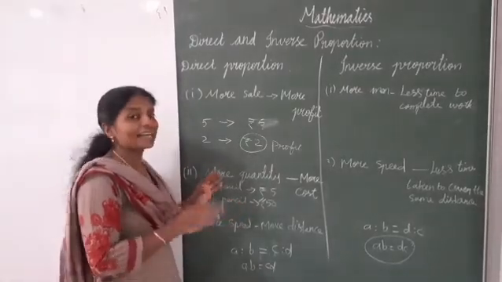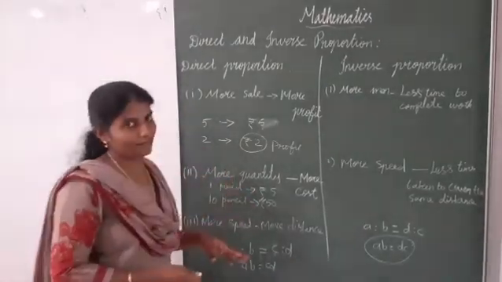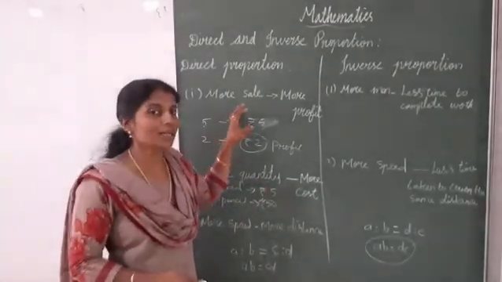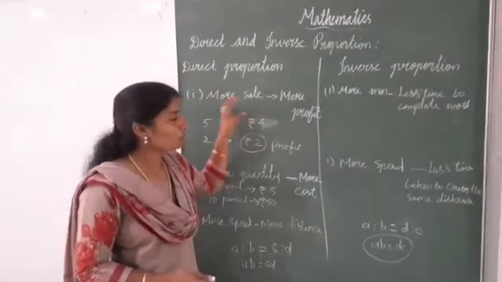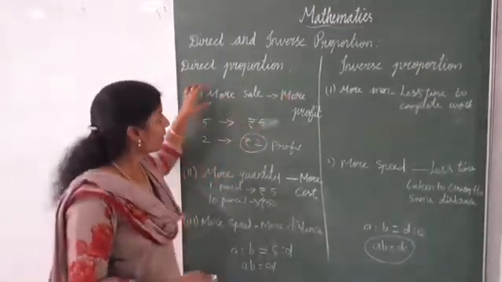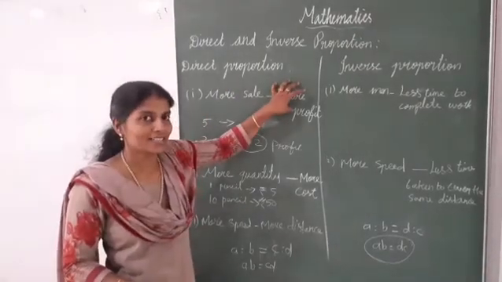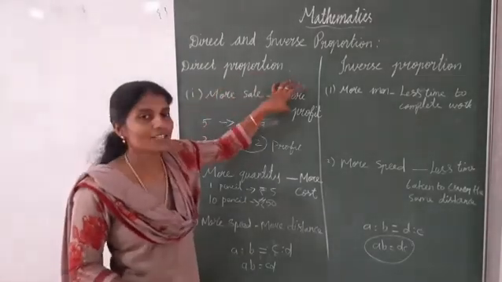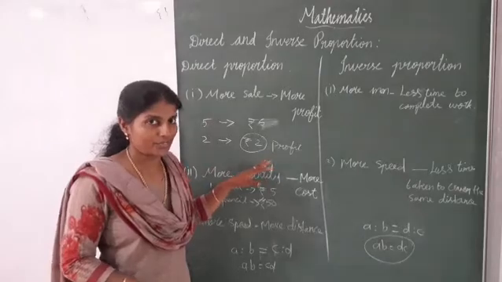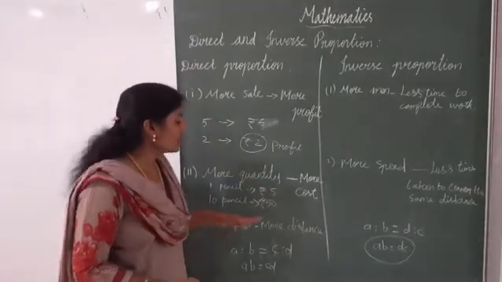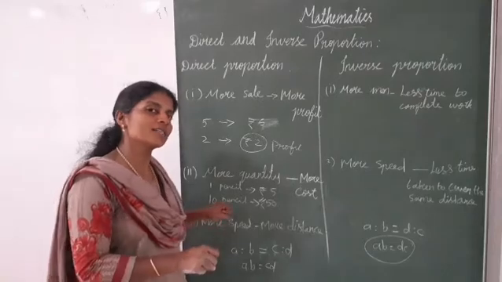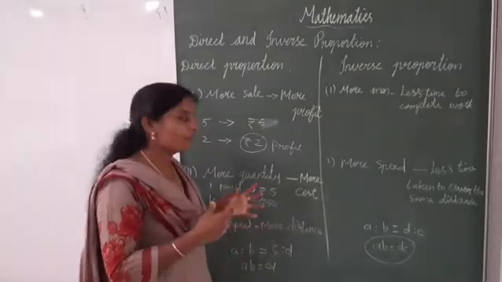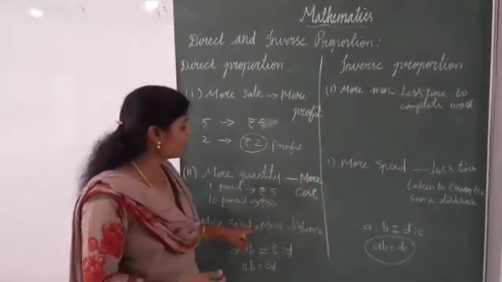One increases, that amount also increases. Okay? That is direct variation. That is the direct proportion. Are you clear? That is direct proportion. Here more sale means we'll get more profit. Okay? One increases, that profit also increases. Isn't it? Sale decreases, that profit also decreases. So this is direct proportion. Now listen one more. More speed, more distance. If we go fast, we can reach that particular place very soon, isn't it? Now here more speed, more distance.